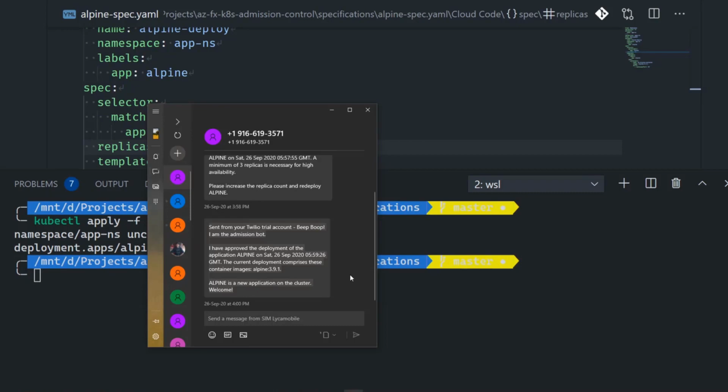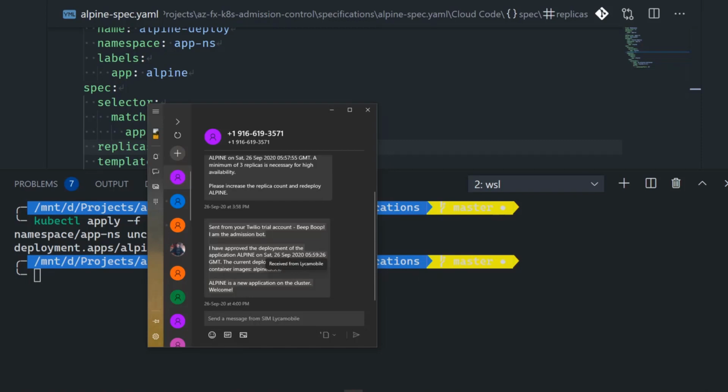So now you can see that I received another SMS from Twilio, and this time it says that the deployment did succeed. And you can think how useful it can be for an SRE or ops team, who always need to be in the loop of when new deployments happen, when things in your cluster change. So if this phone number is provisioned for an ops or SRE team,